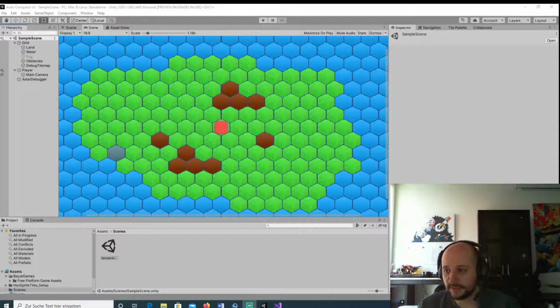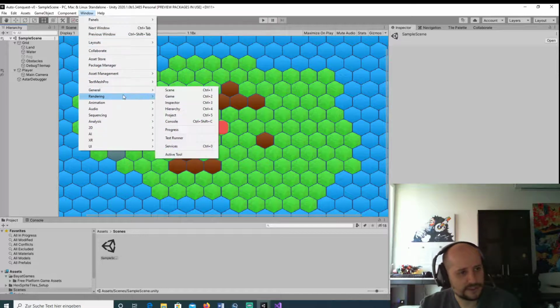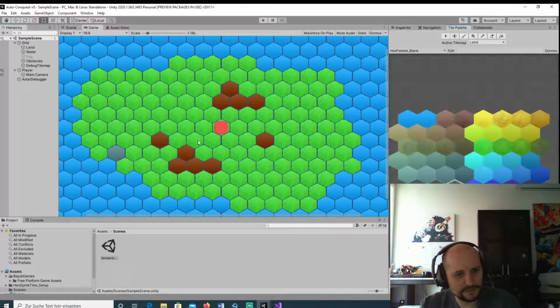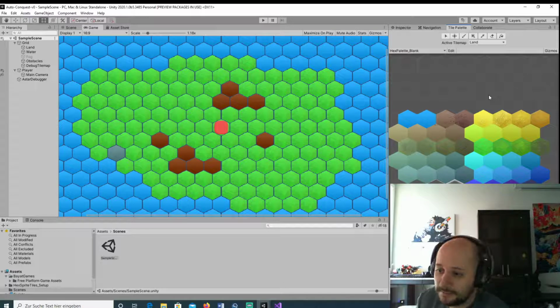And in the last video, I showed you that we used some online tutorials and learned a little bit about tile palettes and the new Unity tile map feature. You can see here we have our tile palette. So we used some assets which you can download. And the difference from last time is that we switched away from an isometric view to a two-dimensional hexagonal view. And the reason for that is that I really didn't like the isometric assets, so to say, because